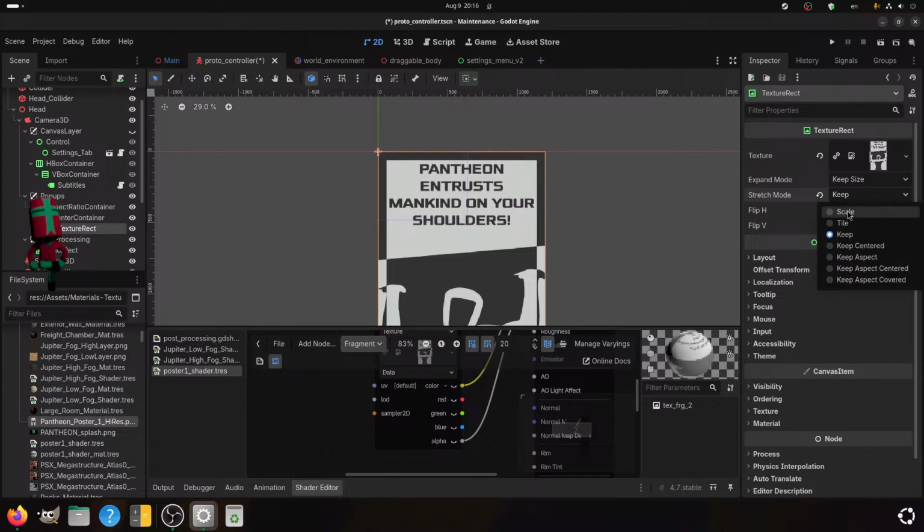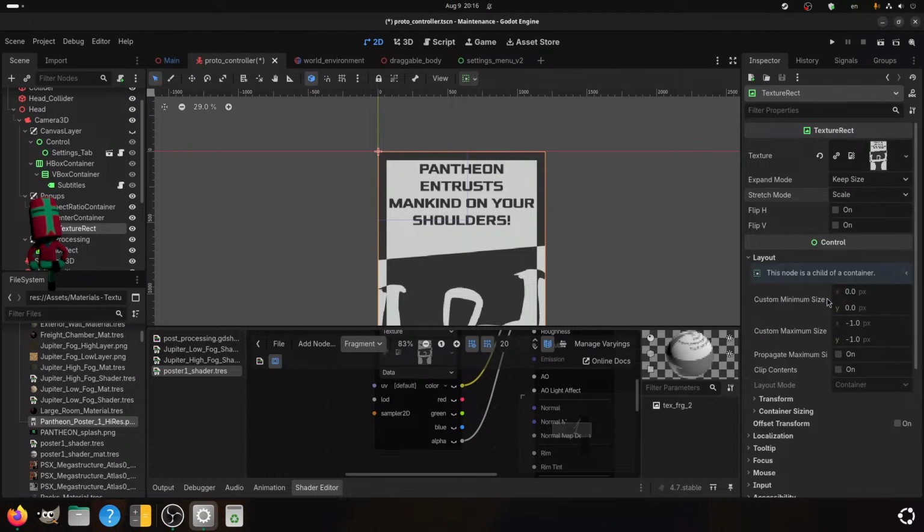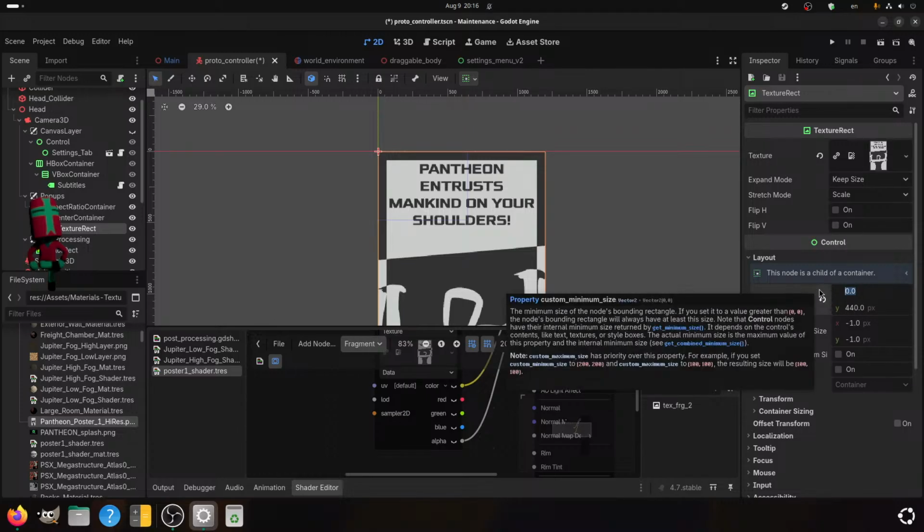Keep centered, scale, sure. Maximum size 440 and 264.